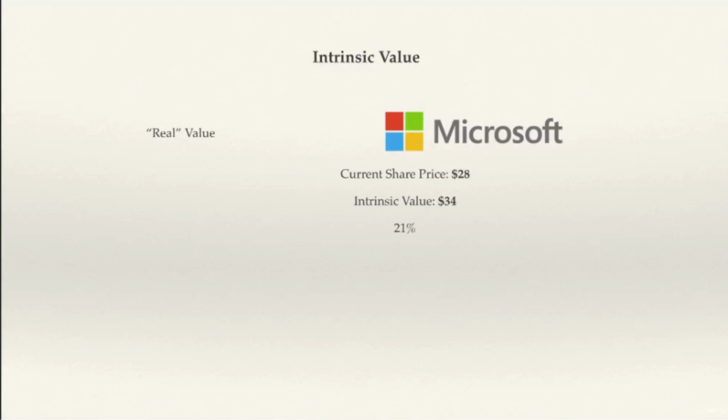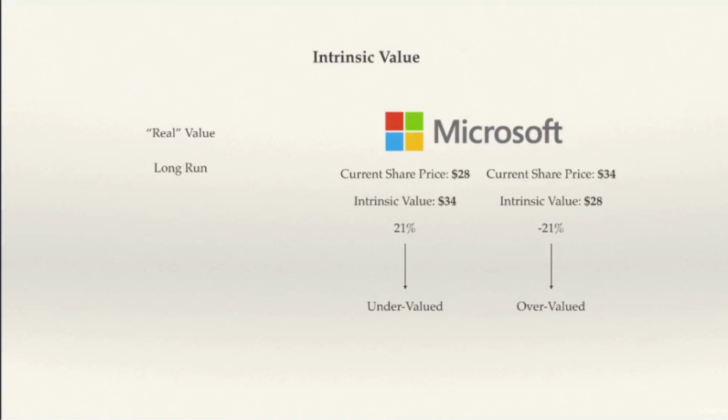In the eyes of a fundamental analyst, that would present a great buying opportunity, as the stock would be what we would call undervalued. In the opposite case, where the current price is $34, while you find out that it's actually worth $28, you would say that it's overvalued. The largest assumption in fundamental analysis is that in the long run, the stock will always reflect the fundamentals. But no one really knows how long the long run is. It could be a period of days or even years.